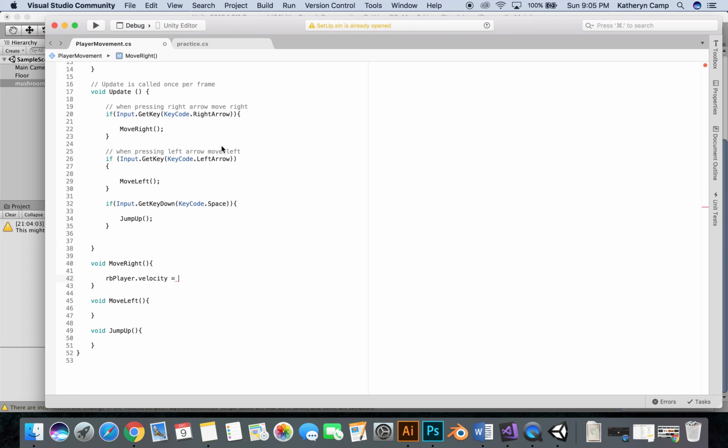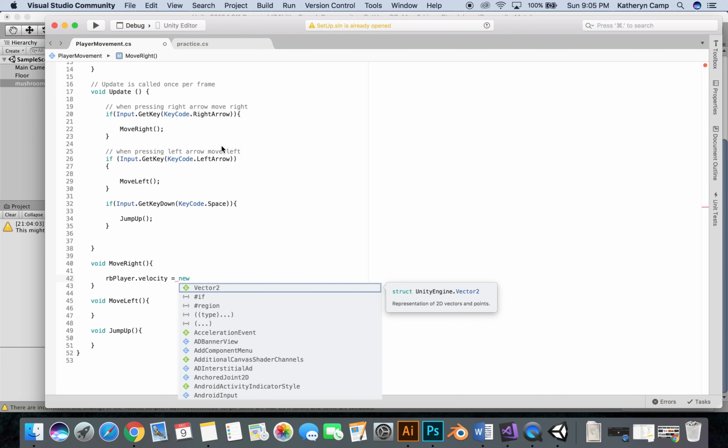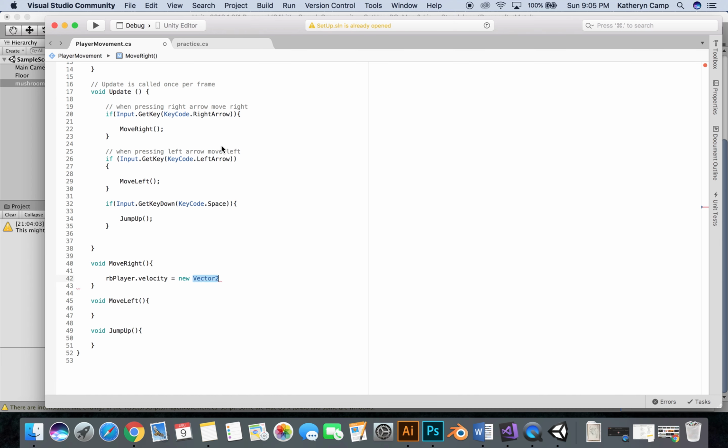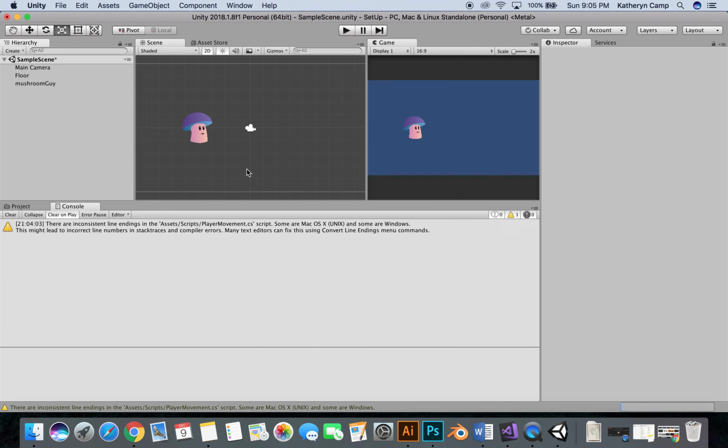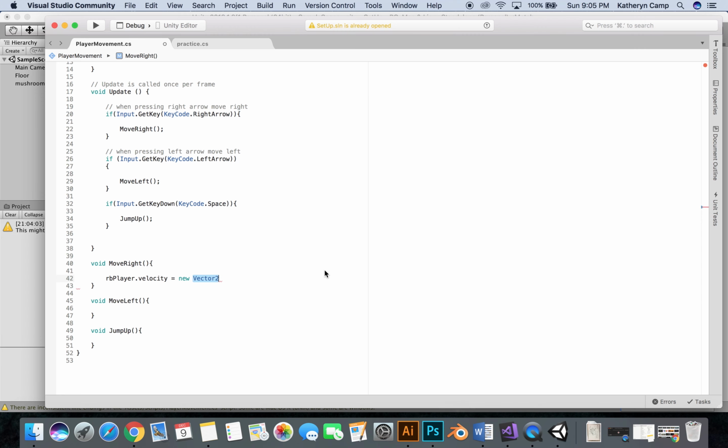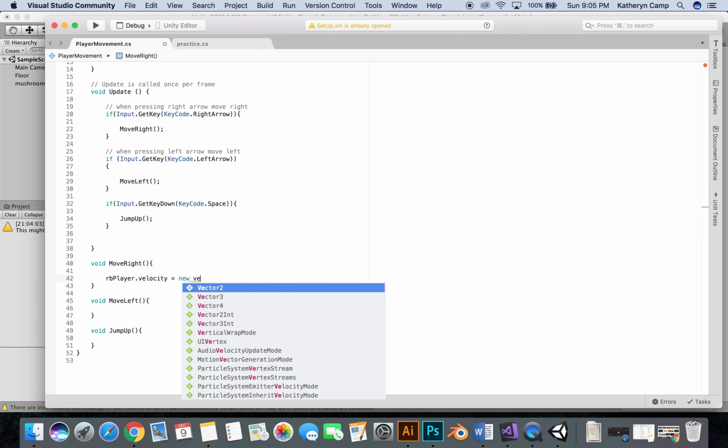And this is where you just kind of have to learn it. It's a little different, but we're going to do new Vector2. The reason I want you to think of Vector2 is it's a 2D object, and think of Unity as one big giant graph, right? It's got a graph complexion over here. You can see the lines and the grid. So X and Y are my vectors. So Vector2, and as I retype this, you can see over here,